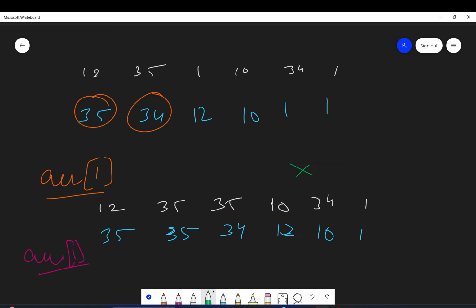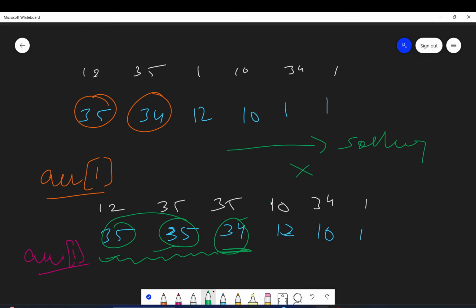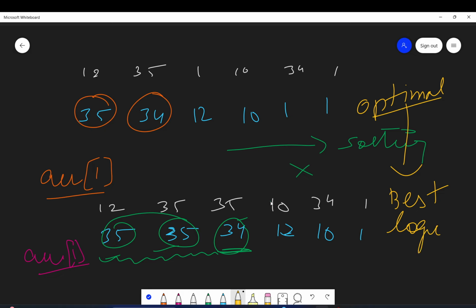So you have to see that this is the largest until this largest value ends. Now whatever the next element is, that is the second largest. So one way of finding this is using sorting. But again, this will not be the optimal approach. What do you mean by optimal? Optimal means the best logic or best approach. We have to give the best approach in the interview.